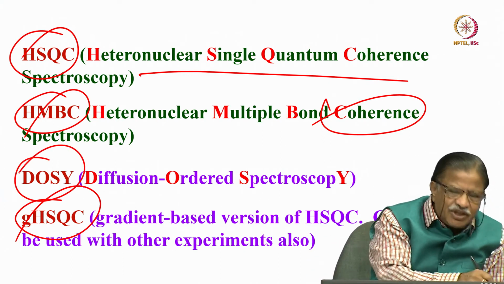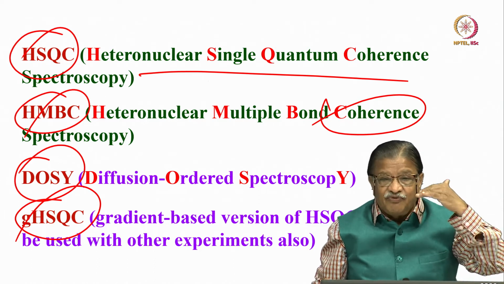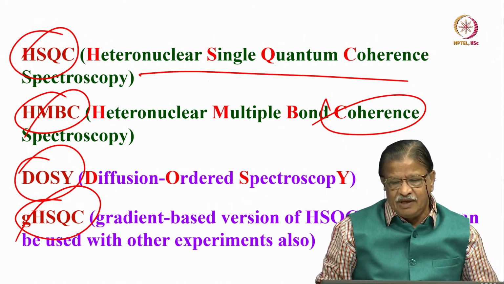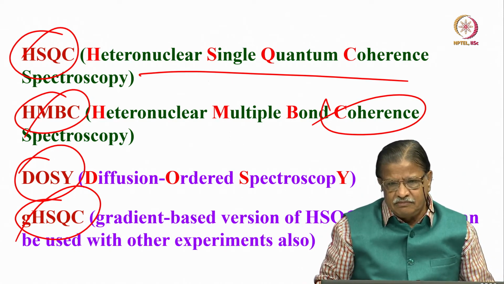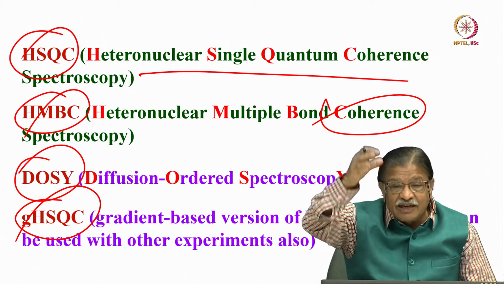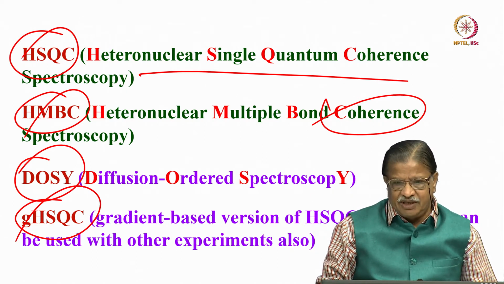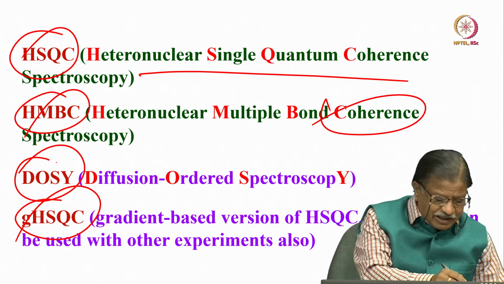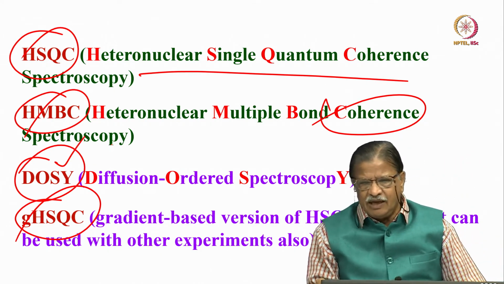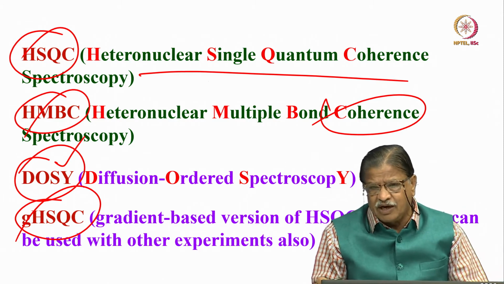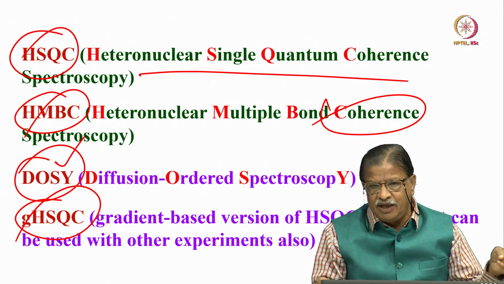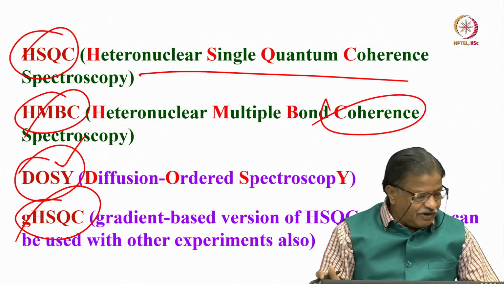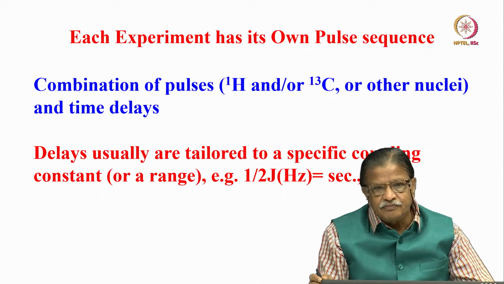You can also have a DOSY. DOSY is diffusion ordered spectroscopy, where you can get the diffusion information in one dimension. If there is a mixture of molecules, you can separate them out based on the diffusion coefficients in the solution state. That is also possible. So imagine the type of experiments that are there. You can even touch upon DOSY if there is time. I don't know how much time is left. Still I have to cover a lot of things about solid state NMR, 2D, MQMAS, if possible pure shift, varieties of things are there. I don't know whether we have time. If there is time, we will touch upon that.